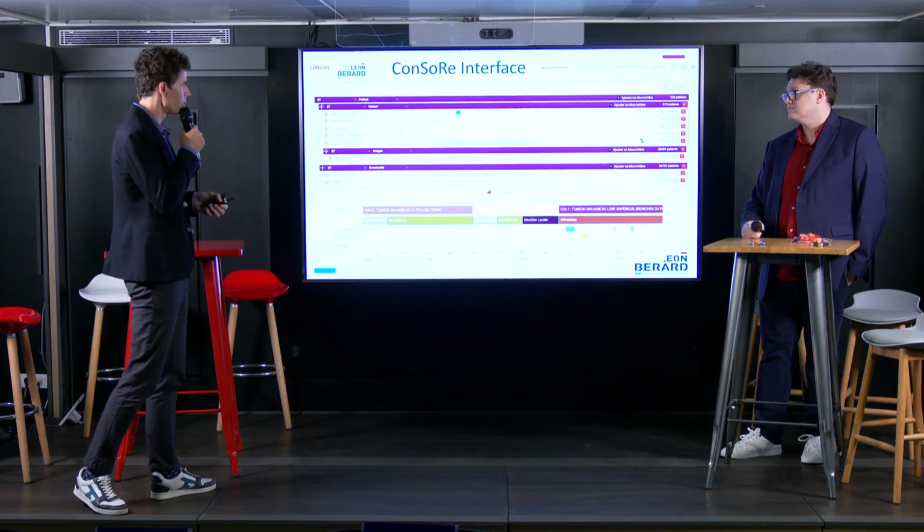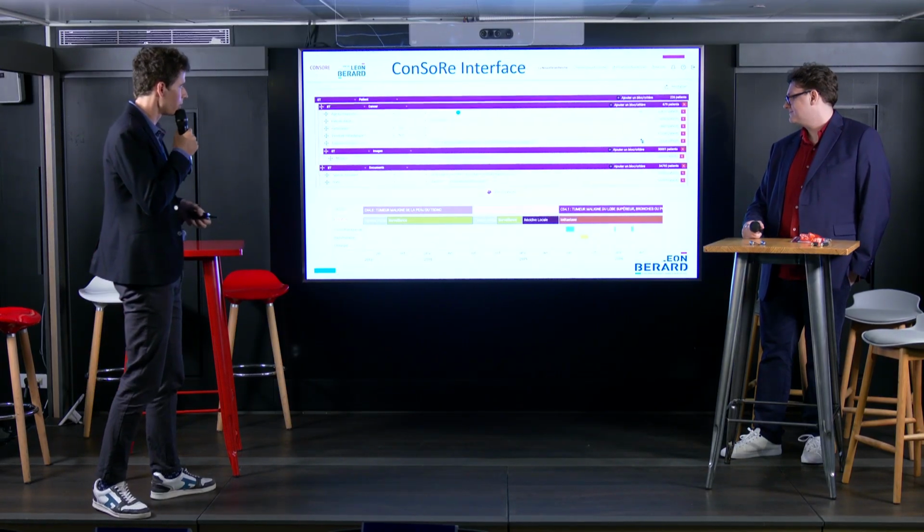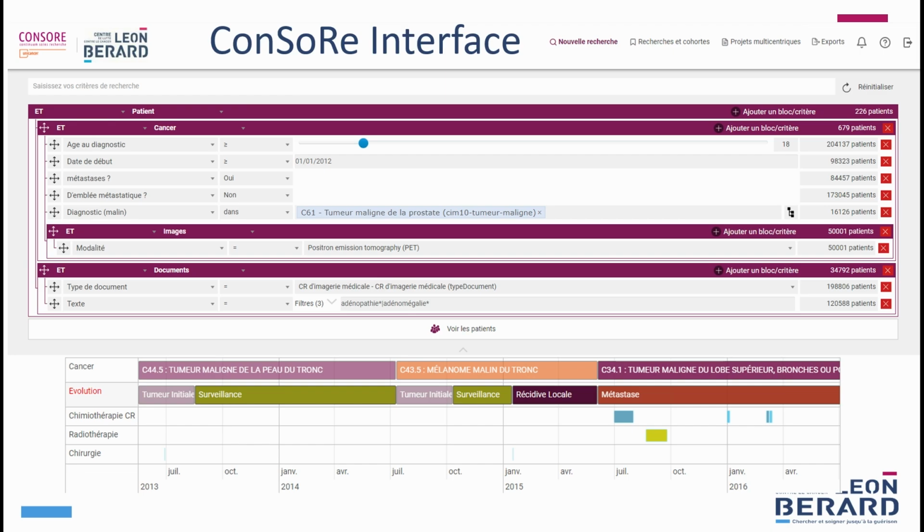Just a quick view of the Consor interface, the tool I was talking about. Here we have a research: I want all the patients that are more than 18 years old at diagnosis, after 2012, that have metastasis, but not metastasis at diagnosis. So you see, it's a bit tricky to